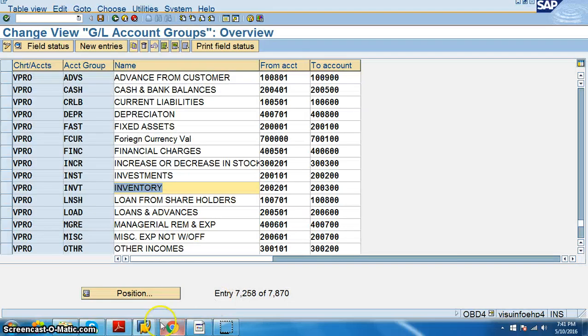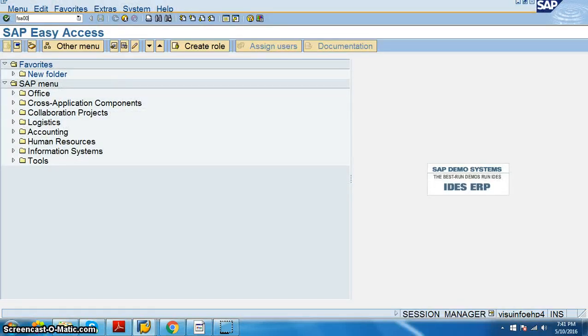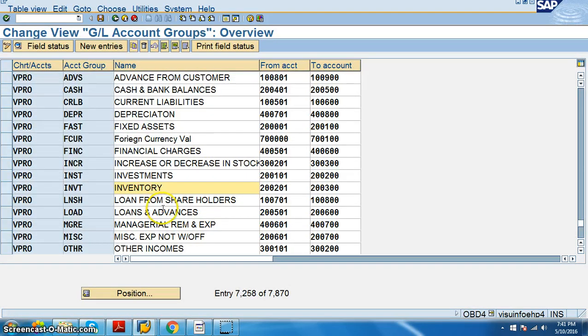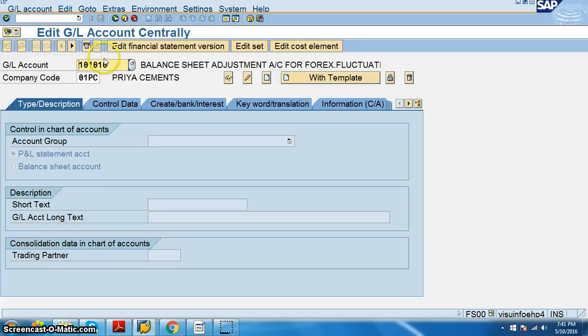So inventory RM account, and let us create that in FS00. The range is 200,201 to 200,300. So 200,202. This one is VPRO. Does not exist.